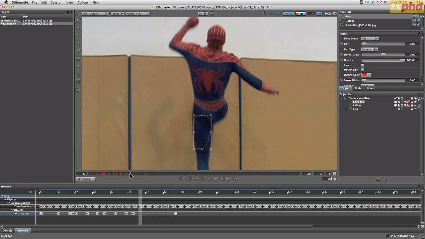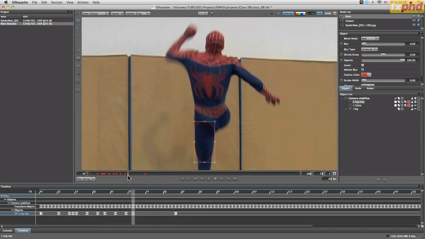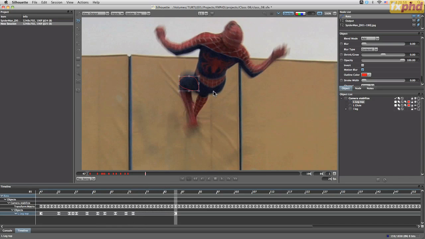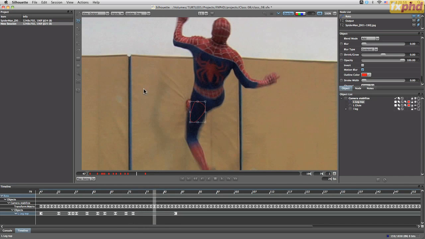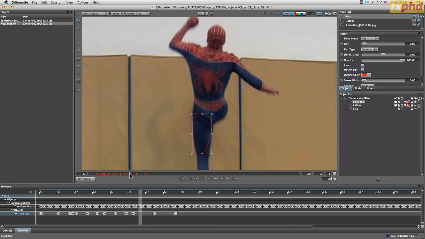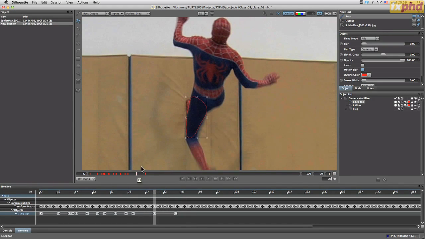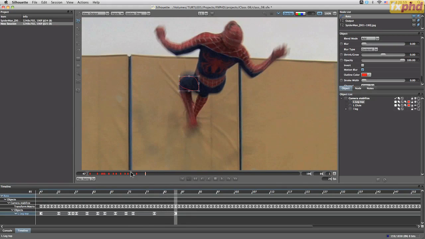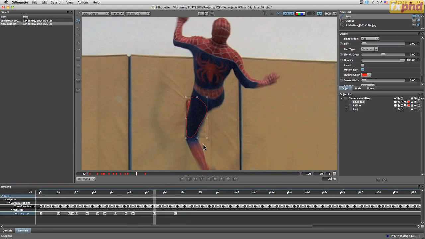And here's where we've got a break from where I've been doing most of the roto up till now, because most of the keyframes I've been doing have been based on natural movements. Here, where things are going to start to change quite dramatically, here's actually a good point to start to switch over to doing that bifurcated roto, because it is difficult to find the sort of natural motion breaks within this particular movement. So here I'm going to come into my two keyframes, find the middle point of that,